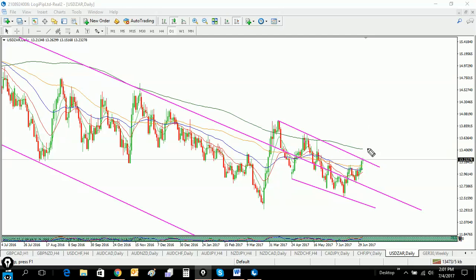I am, however, of the opinion that we're probably going to see the break soon, and that is based on fundamental information really. Most of you will understand that, due to the fact that we technically have entered a recession in South Africa, the first 2 quarters of this year having been negative. That is the technical term for a recession. So South Africa technically being in a recession is not going to bode well for the Rand unless we have some really good other fundamental information coming through from perhaps the mining sector or manufacturing or something like that. But at this point in time, I do see more Rand weakness occurring,